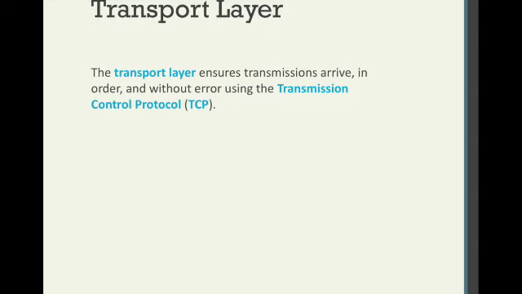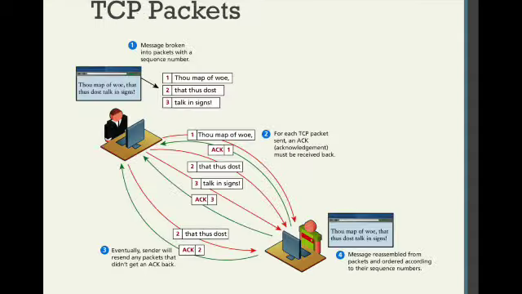The goal of this layer is to make sure that the packets arrive in order and without any error. For this purpose, the packets use the TCP protocol, or the Transmission Control Protocol. First, the messages are divided into packets, and each packet is assigned a sequence number so that it can be reassembled in the correct order at the destination. Secondly, each packet is acknowledged back to the sender so that in the event of a lost packet, the transmitter will realize that a packet has been lost because no acknowledgement was received